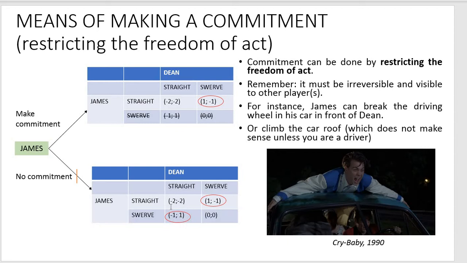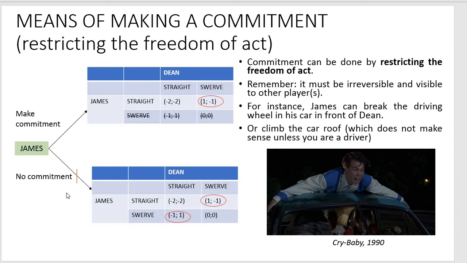And if they go straight, they prove they are both brave enough. However, probably they will end up in hospital, they will destroy their cars. So we think that going straight and having an accident is worse than swerving and turning out to be a chicken. So again, this is another example of a game with multiple Nash equilibria